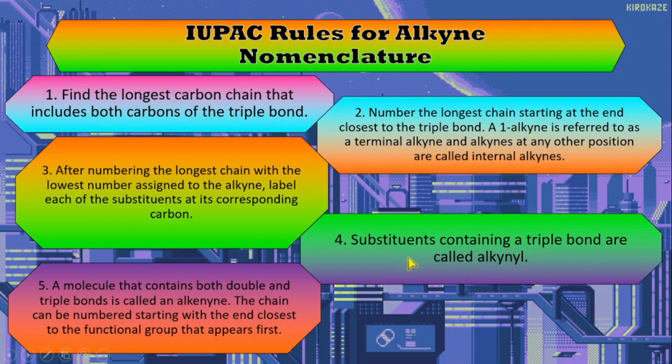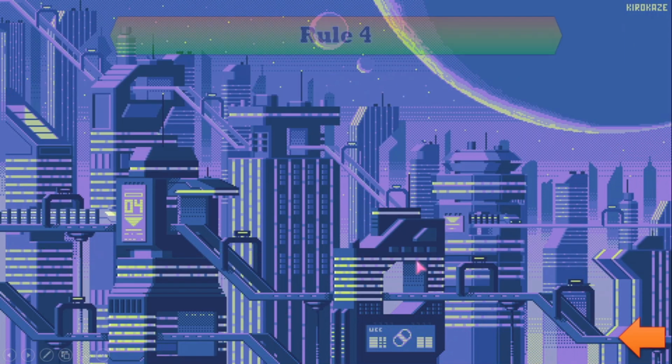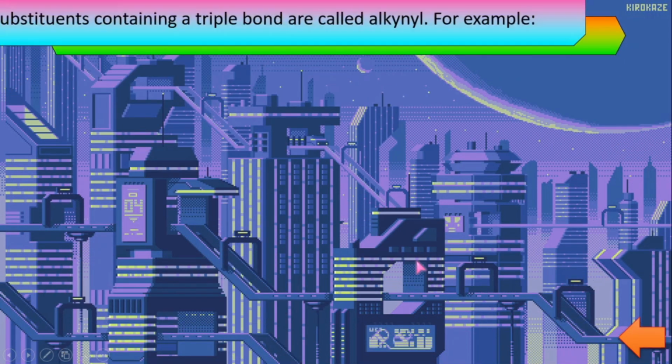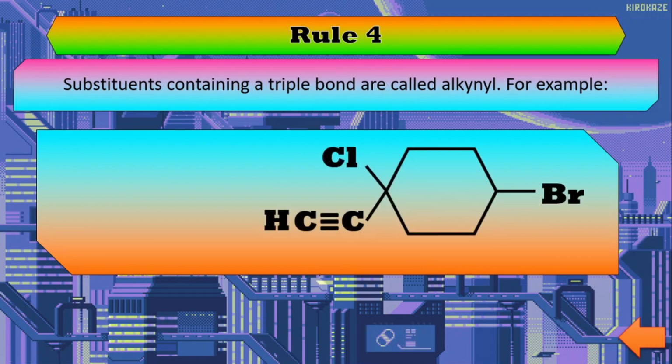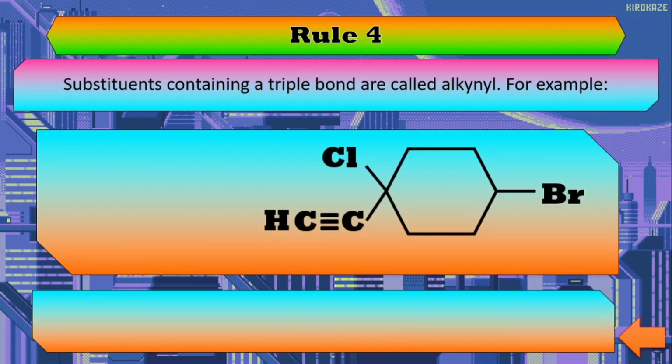Rule number 4, substituents containing a triple bond are called alkynyl. So what is this rule number 4? For example, is this one. We have here a